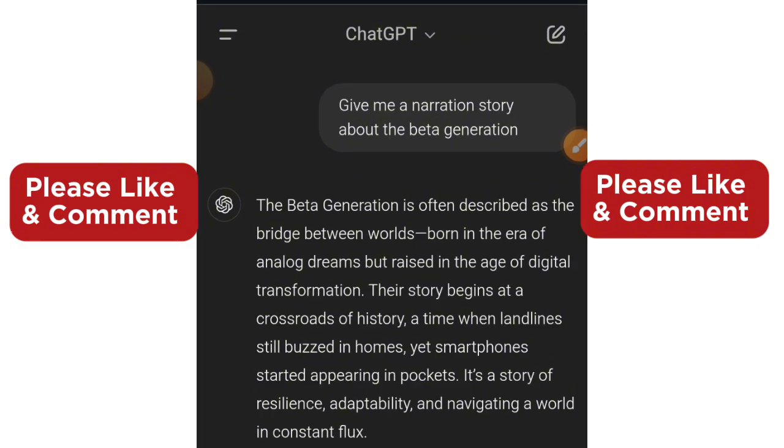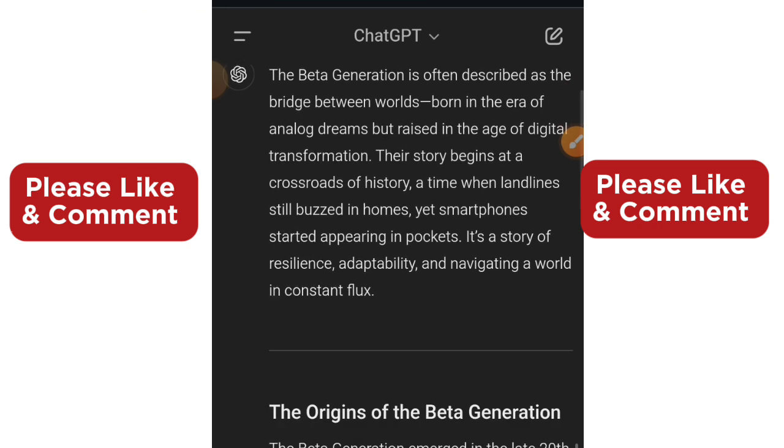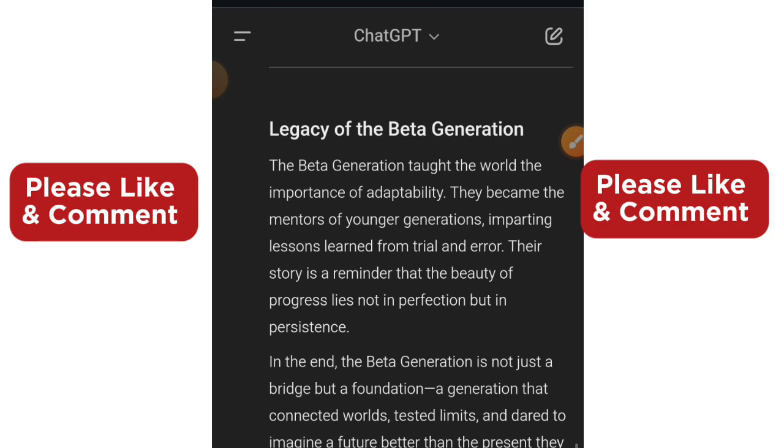So on my screen here I'm on the ChatGPT website. When you come over to the ChatGPT website, it's just going to open up like this. So let's say this is a script that I want to talk about. This script is talking about the origins of the beta generation. So now after writing your script, or let's say your narration like this using ChatGPT, if you come down here